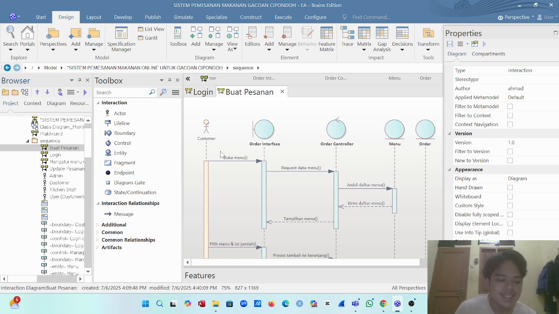The customer selects items and adds them to the cart. Once the order is submitted, the controller checks stock from the menu entity. If available, the order is saved and a confirmation is shown. Otherwise, the system notifies the user about stock unavailability.